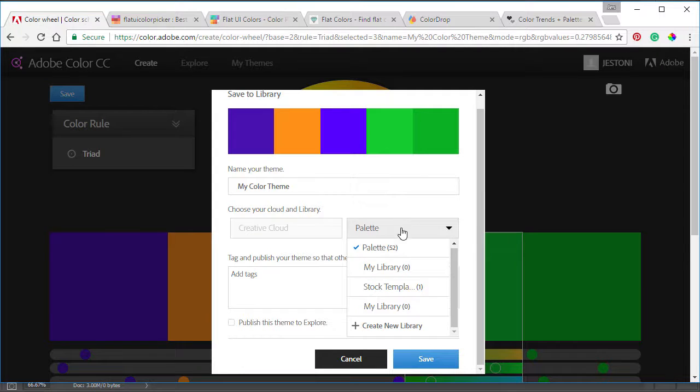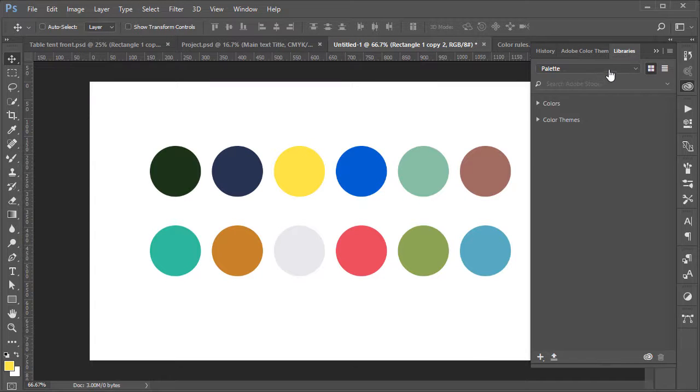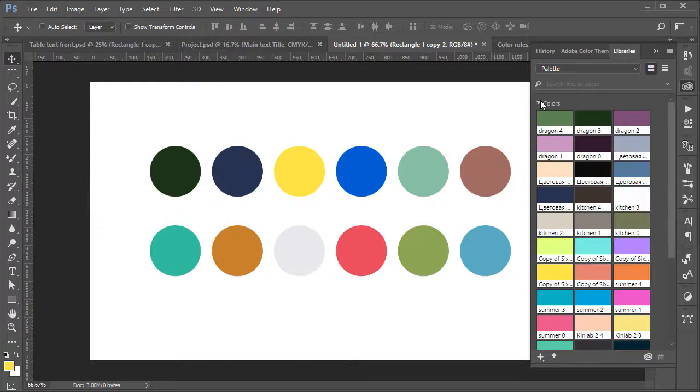And also I can select my libraries right here. The palette I actually created on this website instead of here on the libraries, because if I create a new library, what will happen is it will show something like this. I didn't like this one. I like all my colors in one place in my palette. So yeah, something like this. Alright,